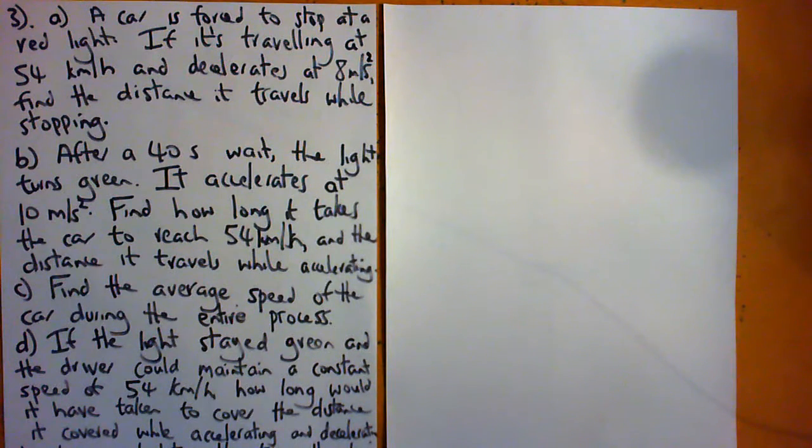A car is forced to stop at a red light. If it's travelling at 54 kilometers per hour and decelerates at 8 meters per second squared, find the distance it travels while stopping. So the first thing we need to do here is convert 54 kilometers per hour into meters